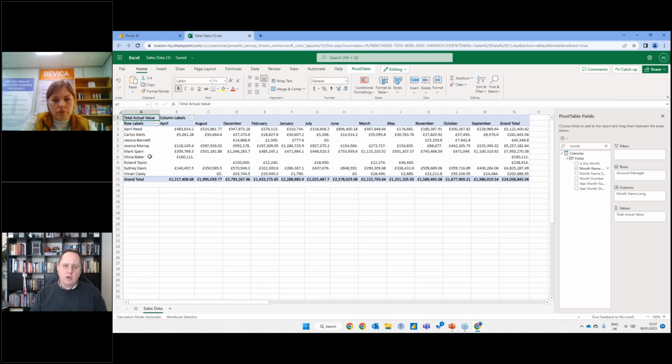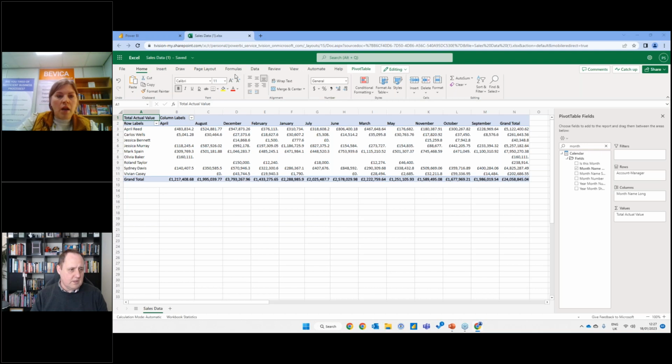This Excel report will be as up to date as the dashboards. In fact, if you save it and then share it, providing it's still linked back to Power BI, it'll always be as up to date. And we're not having to have different ways and different mechanisms of providing reports. It's a really neat feature.